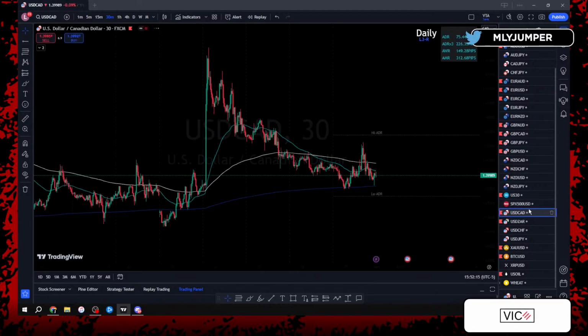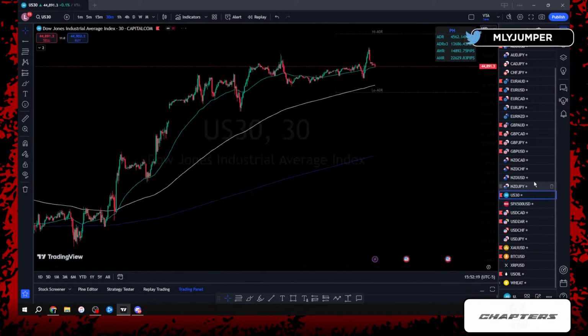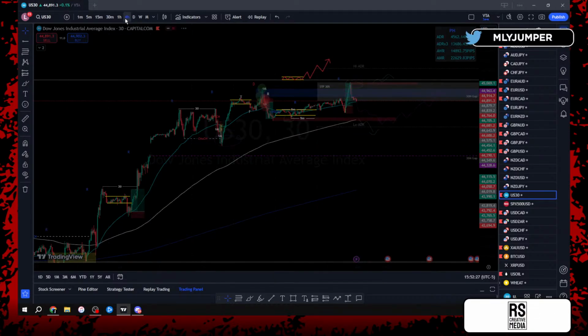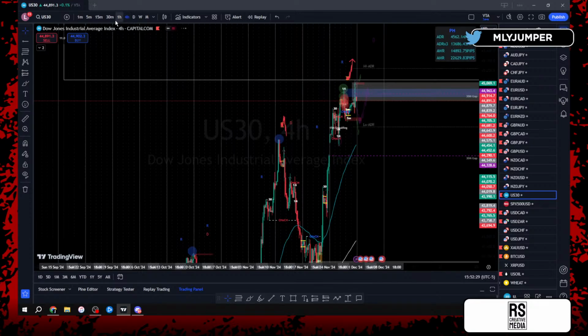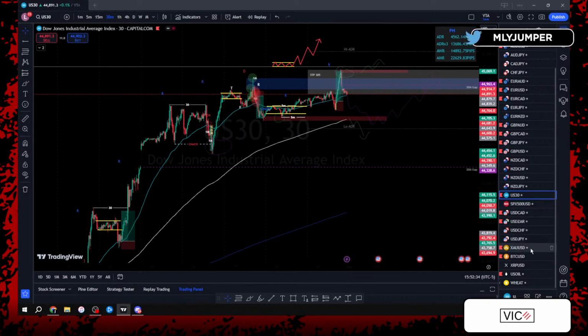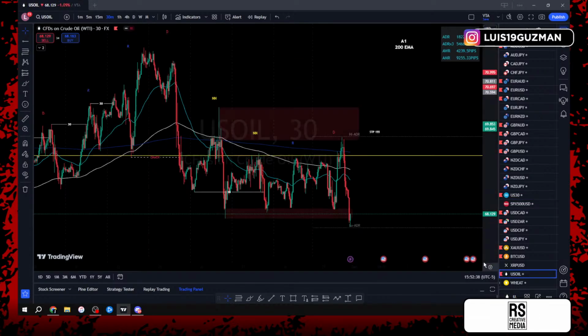Want to take a look real quick. So USDCAD, US30. Right, US30, we still want to see the pushes up to the top side. This is the one that we have. A lot of these gaps are just kind of making it a little bit confusing, but you just want to be cautious about what you trade.